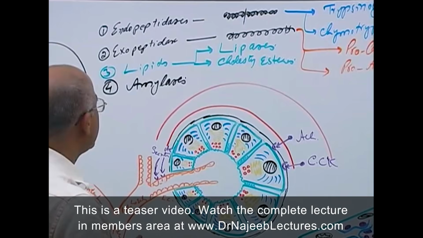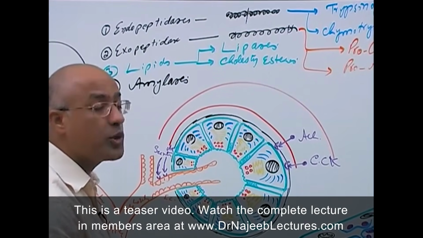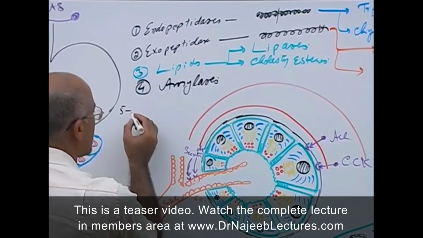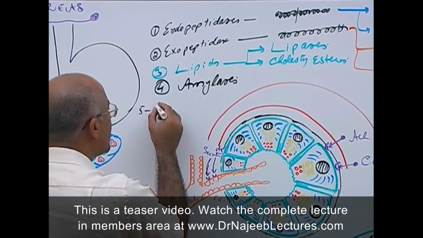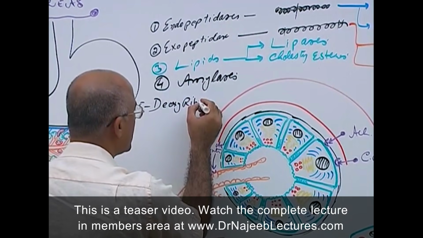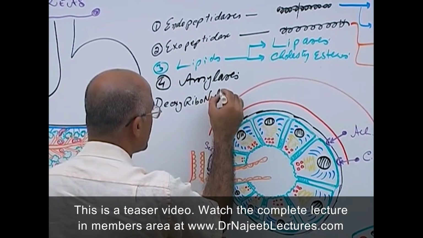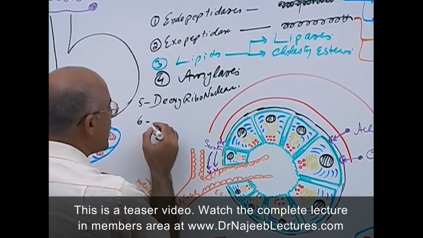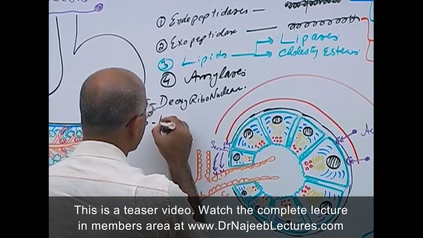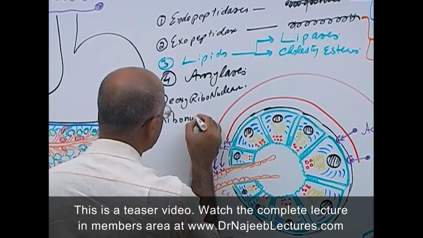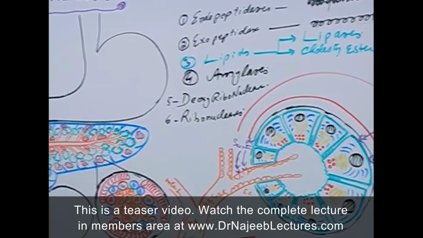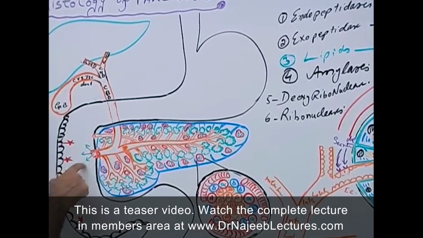Then there are enzymes also for digestion of nucleic acids, right? So those enzymes which digest the nucleic acid DNA are called deoxyribonucleases, or DNases. And then there are those pancreatic enzymes which break down the RNA, and we call them ribonucleases. Am I clear? Now, this is a very important function of the pancreas, that it secretes a lot of digestive